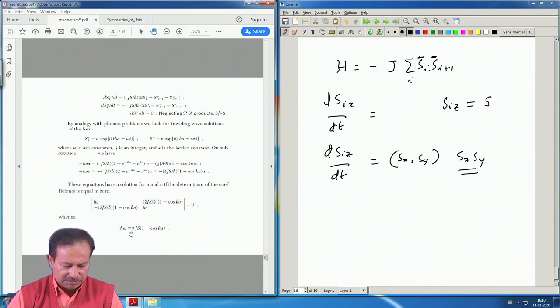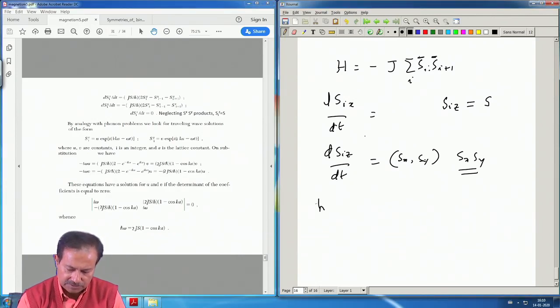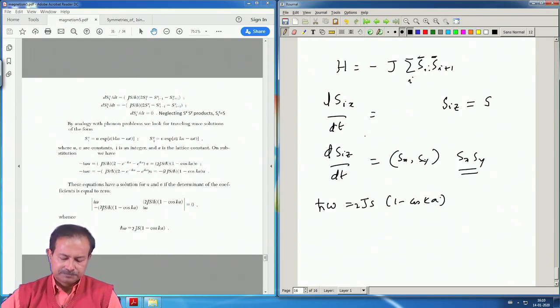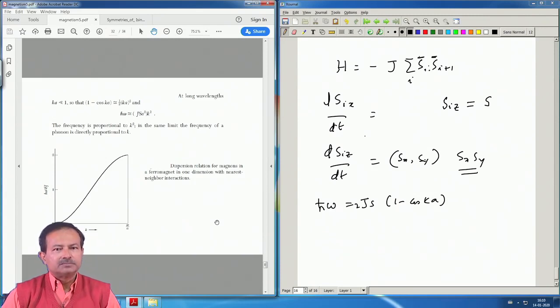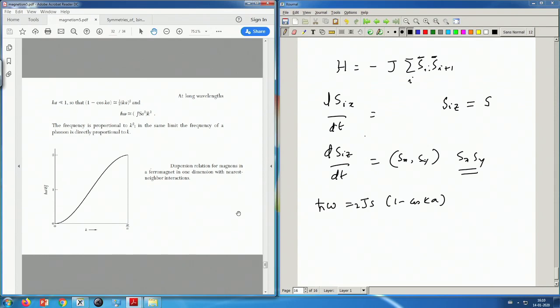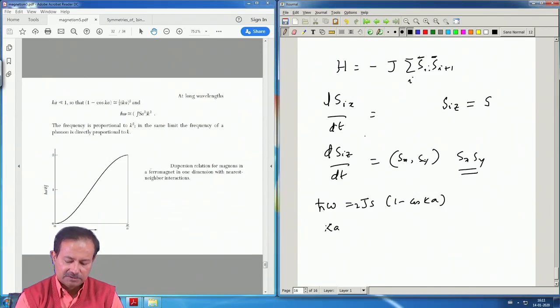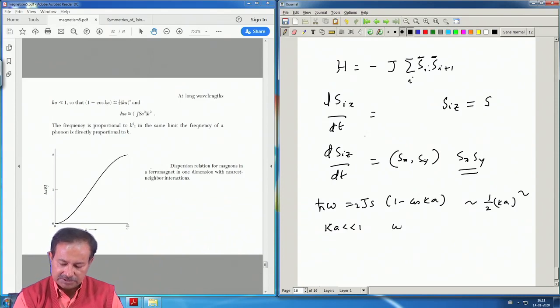Okay. So, this is an energy which is very simple, h cross omega equal to twice J S into 1 minus cosine k a. So, inverse of k is basically lambda by 2 pi, so it tells you what the wavelength is. The smaller the k, the larger the wavelength, and that means the less is the cost of the excitation, and this indeed is the case. You can expand the cosine for k a much less than 1, and 1 minus cos k a is then half k a square,